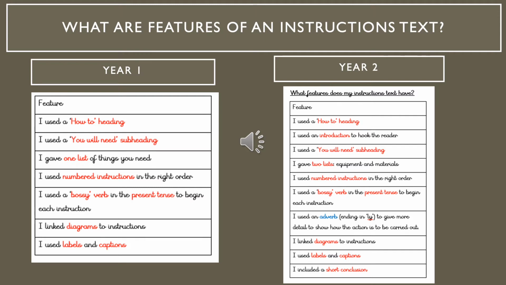I used an introduction to hook the reader. I used a you will need subheading. I gave two lists, equipment and materials. I used numbered instructions in the right order. I used a bossy verb in the present tense to begin each instruction. I used an adverb ending in ly to give more detail to show how the action is to be carried